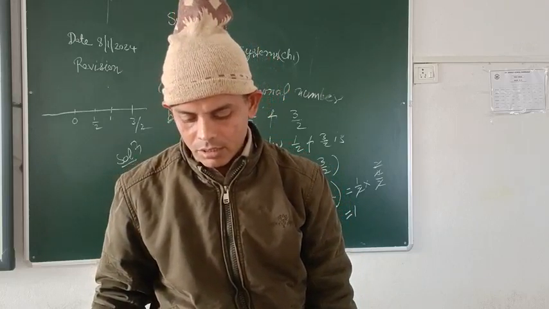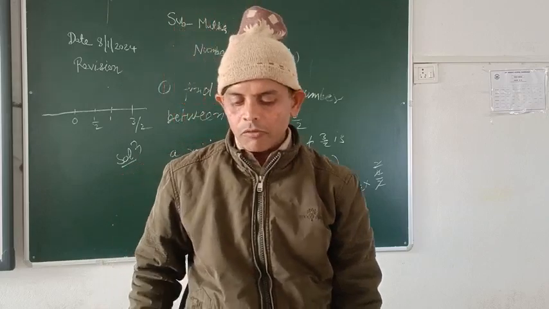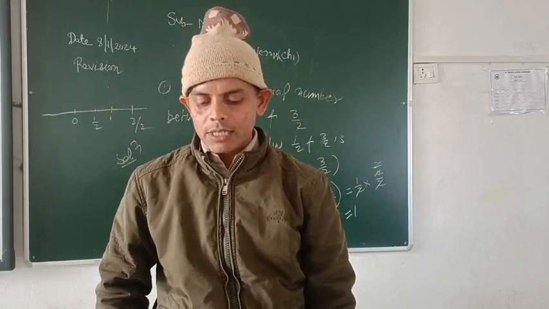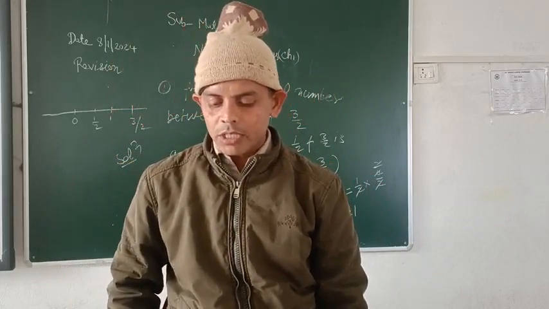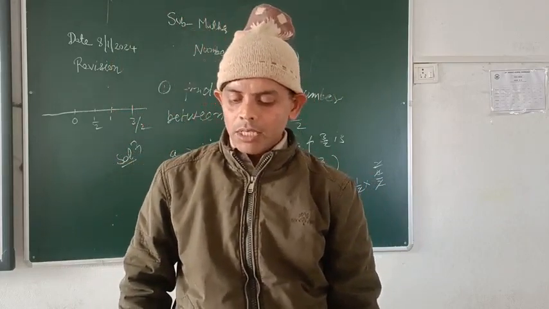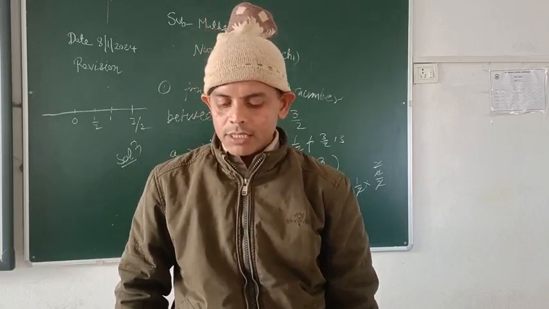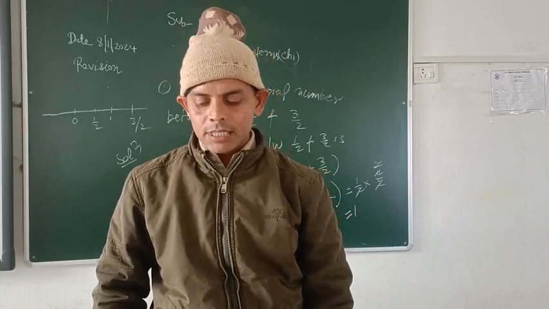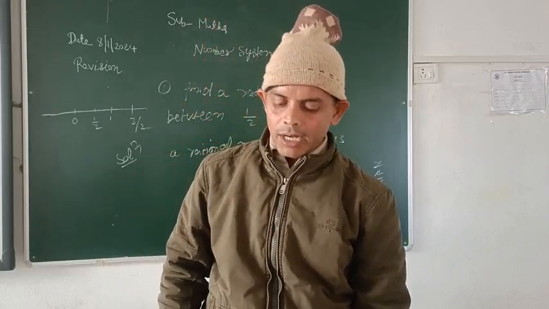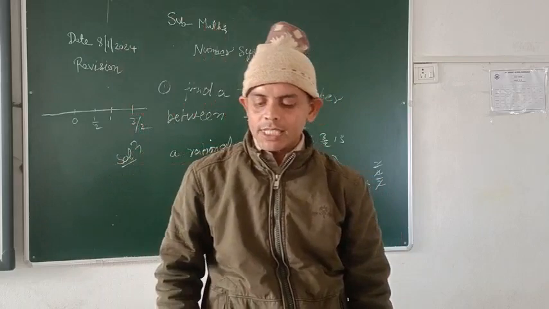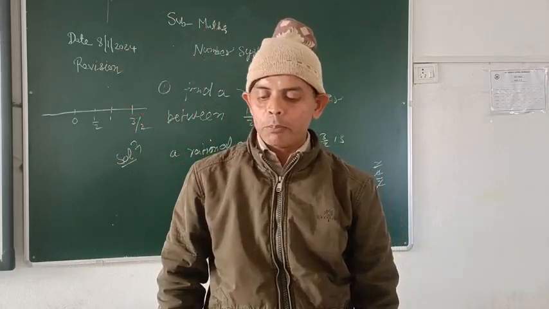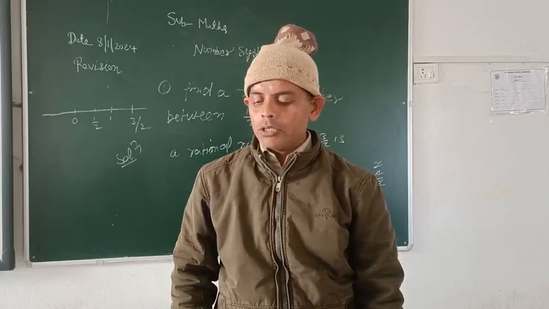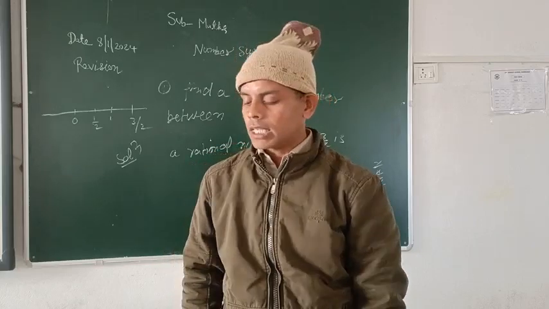And then after, I think we have: which of the following statements is true? A, root 3 by 5 is a rational number. B, there are infinitely many integers between any two integers. C option, number of rational numbers between 6 and 16 is finite. And D option, there are numbers which cannot be written in the form of P upon Q, Q is not equal to 0, where P and Q are integers. So this one is the correct option.